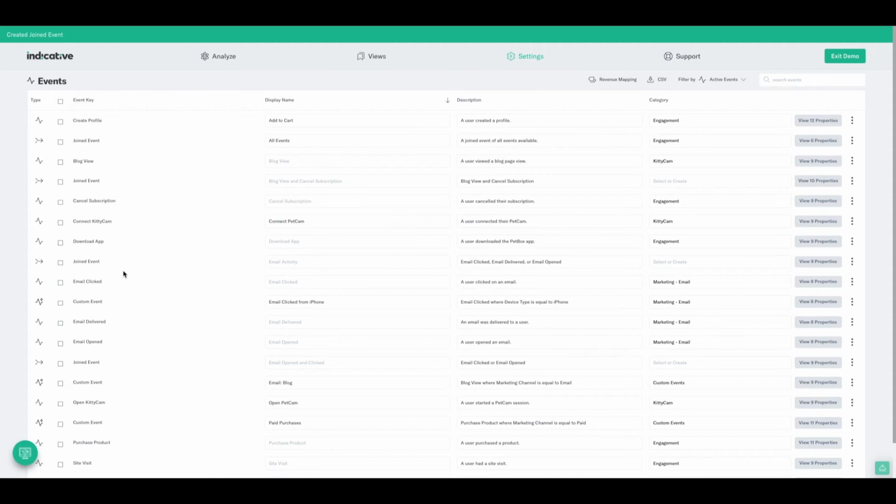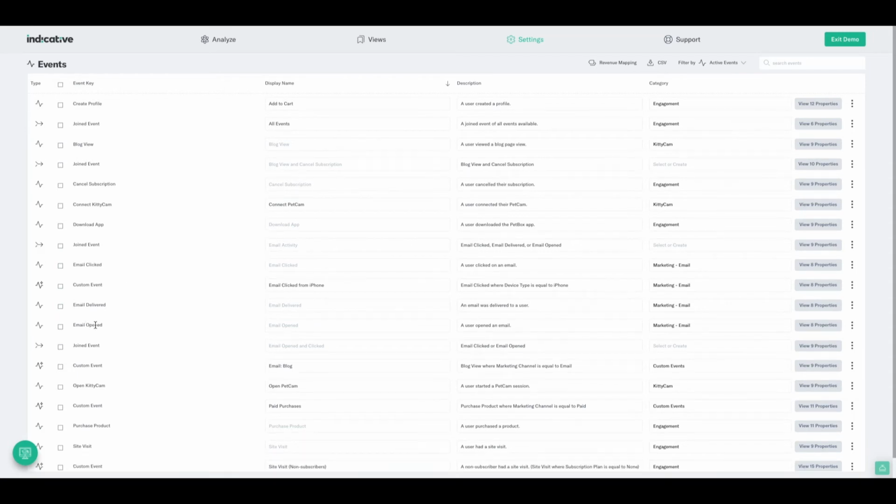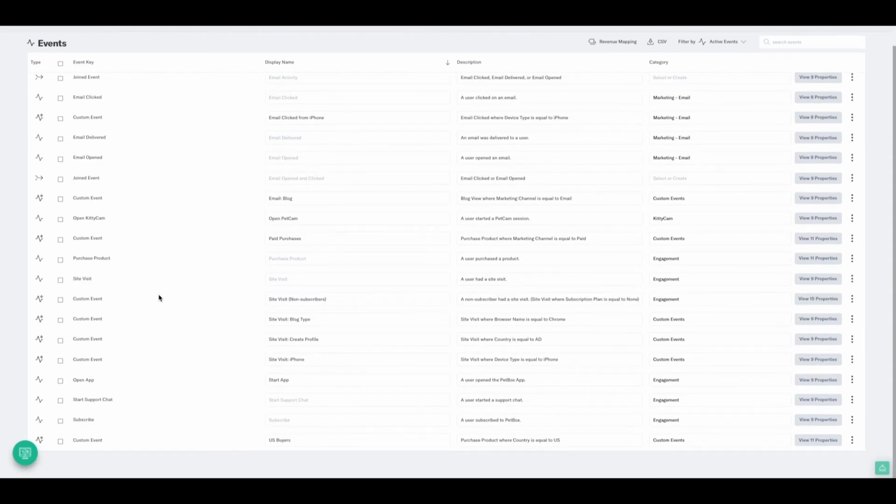Now if you notice, I still have those three events that I merged together, and if I scroll down to the bottom, you'll see I will get a new event. Oh, looks like it's right up here, representing the joined event of all email activity, right up here at the